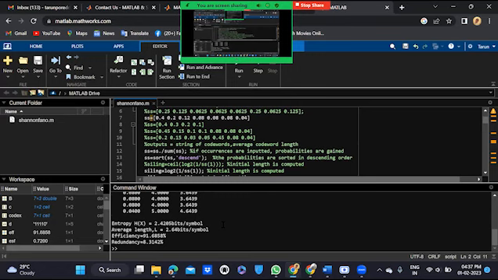For the average length L, we have the formula of summation of P of x, which is the probability of x, into log of 1 by P of x, and we get the answer as 2.64 bits per symbol. Bits per symbol is the unit of the average length, and the efficiency is taken as eta equal to H of X by L. This gives 91.685 as the result,